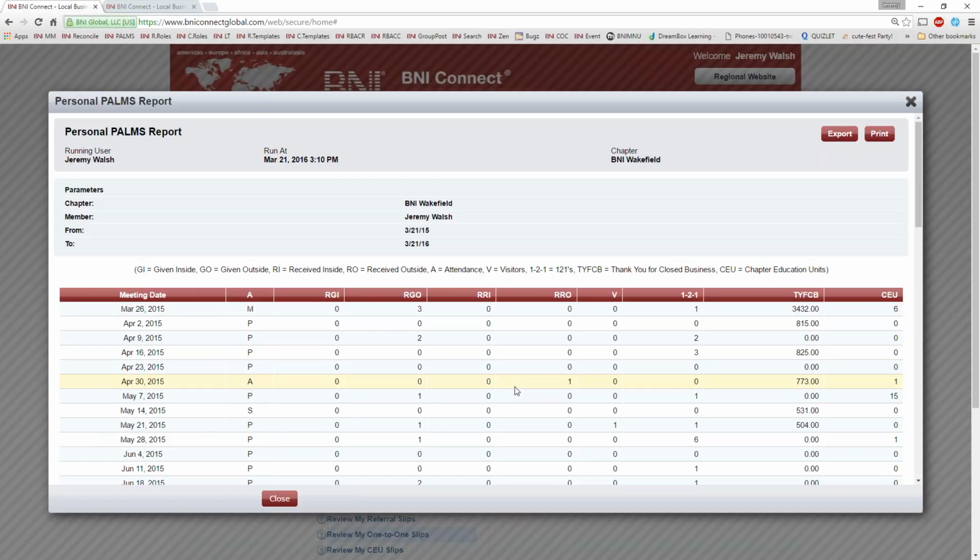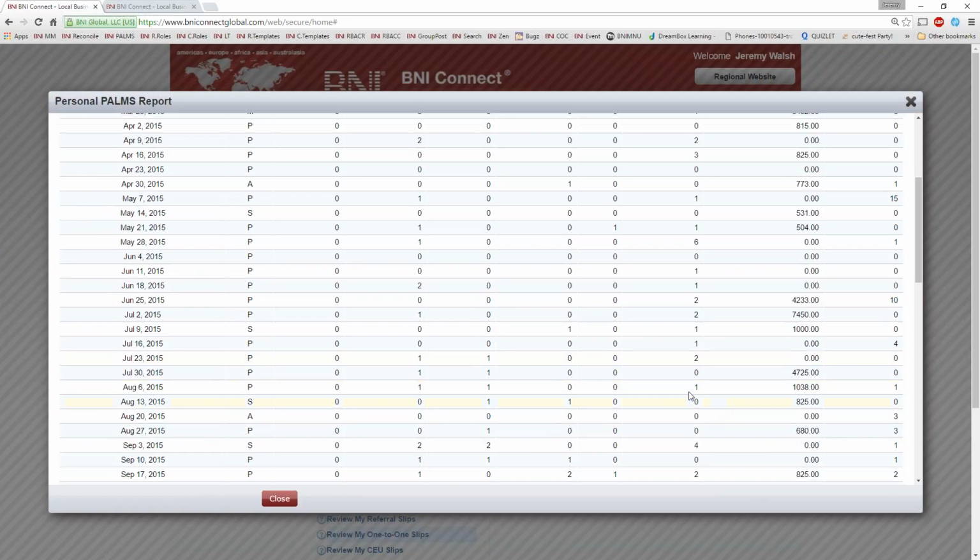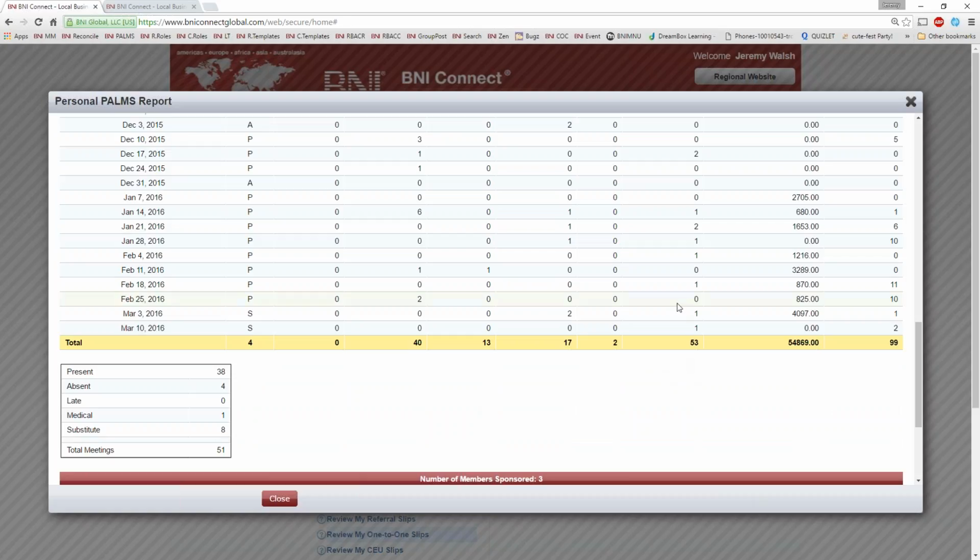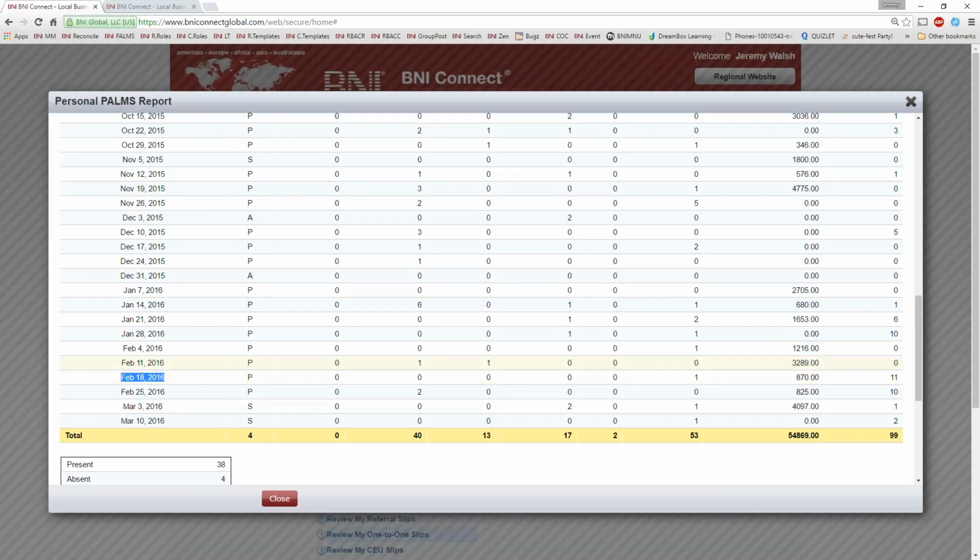All of a sudden, a member has 6,000 one-to-ones. Well, how can somebody have 6,000 one-to-ones? More than likely what happened is that whoever was entering the POMS report made a mistake. So they were entering all the information in, and instead of putting 6,000 into thank you for closed business, they accidentally put it into the one-to-one column. Here's an easy way to figure out where that error happened. You can see exactly which week it may have happened on,